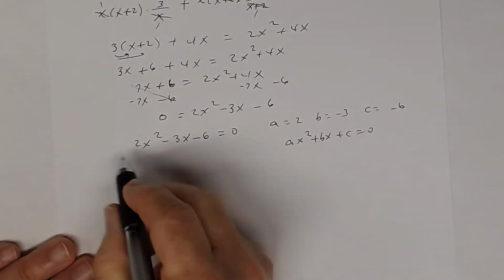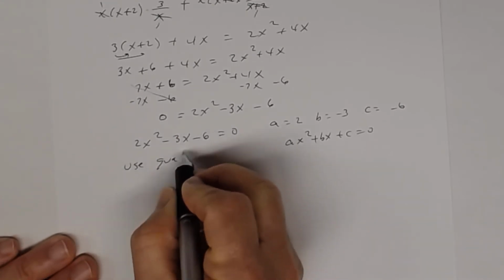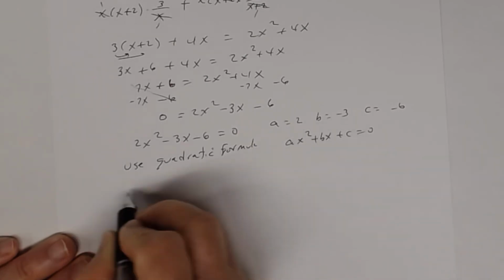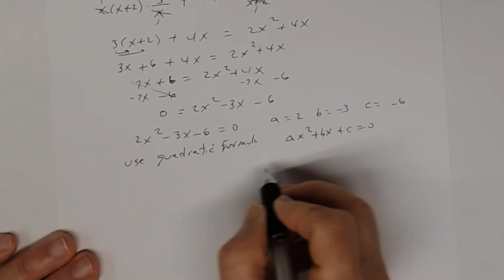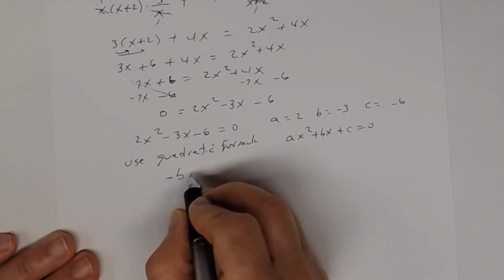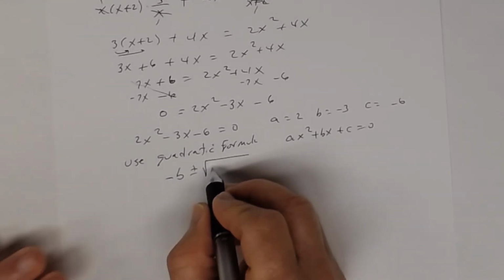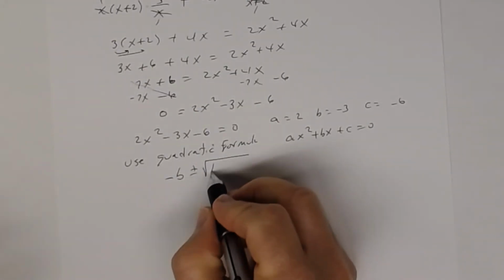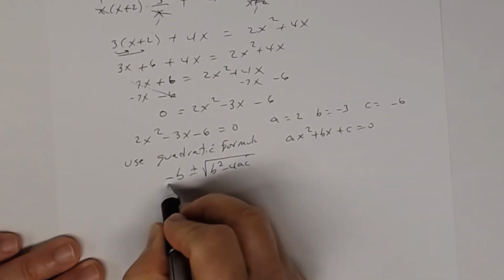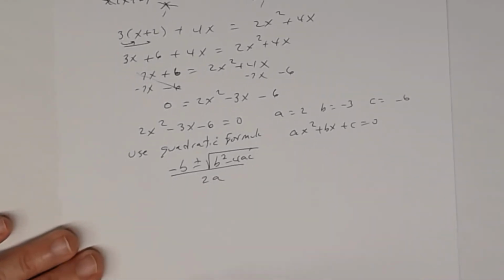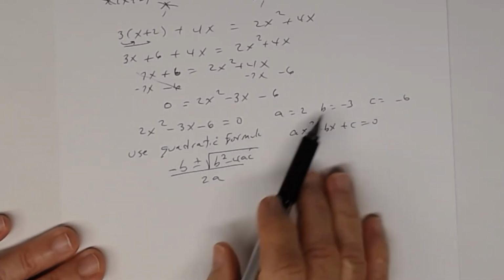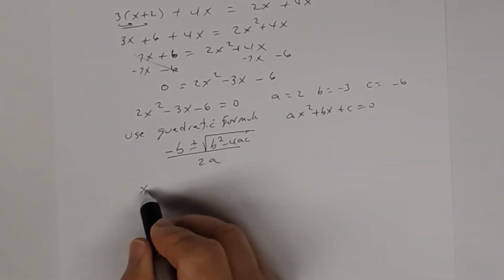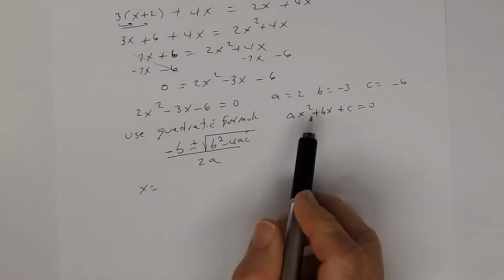So the quadratic formula is this. Remember the quadratic formula. So my variable is x, so your quadratic formula is the opposite of b plus or minus the square root of the discriminant. That's what we just found here, right? b squared minus 4ac, all divided by 2a. So I'm just going to go back and substitute all these numbers into those variables. And so I get x equals the opposite of b. Well, b is a negative